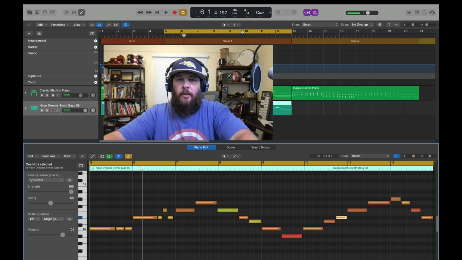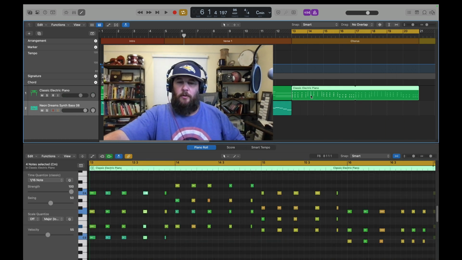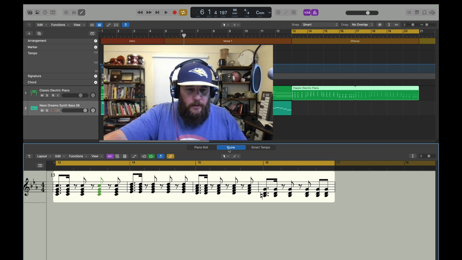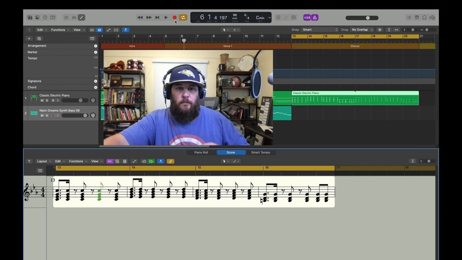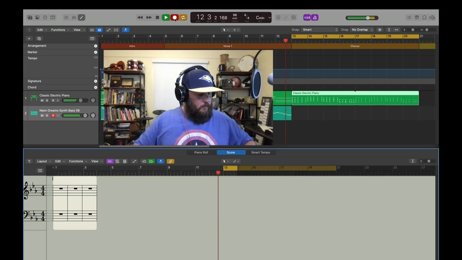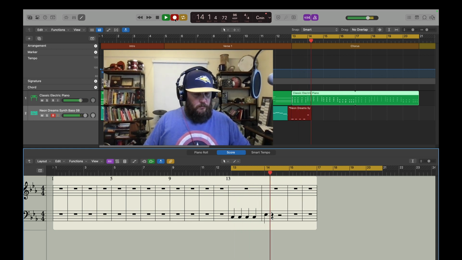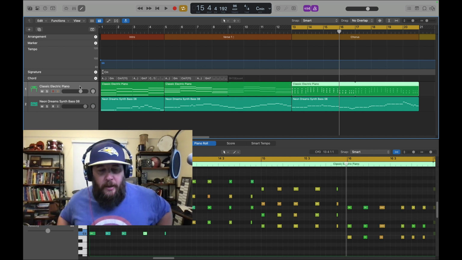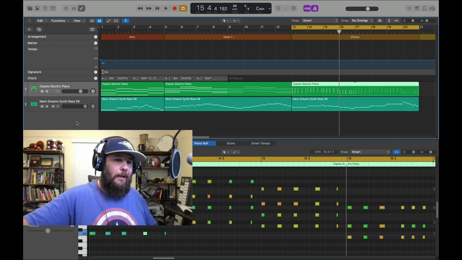And once you have a bass line you like, go over to the chorus. We can see the notes we use for the chorus. This bass line has a lot of C, E flat, D, B natural. Now that we have some harmony and a bass line, we could write a melody or lead line on top